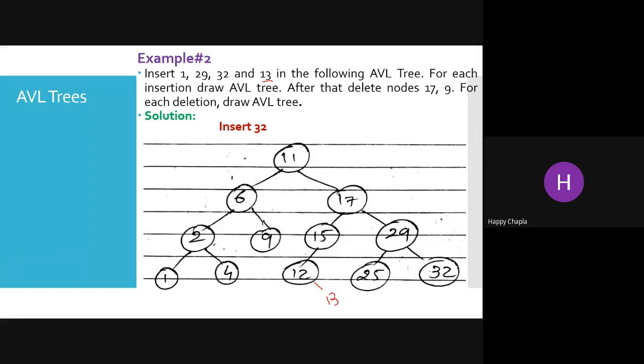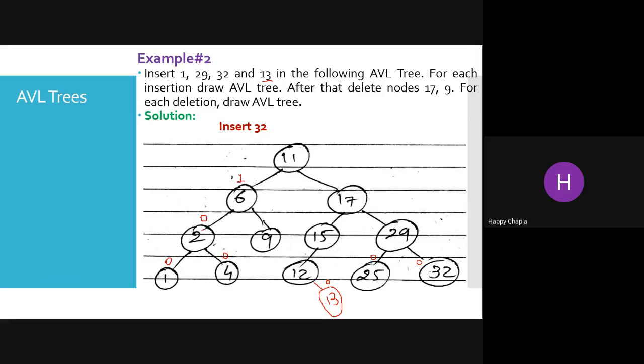But now find out the balance factor of each node. So here you can say this balance factor is 0. Here the balance factor is 0. This is also the leaf node. Okay, so this is the balance factor 0. Balance factor is 0 and 0 because they all are the leaf node. Now here, what is the balance factor of this 2? This is also 0. So 1 and 2. 2 minus 1. That is 1.